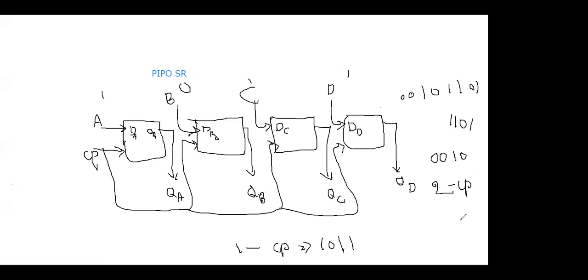If the data is 4 bits, 1 clock pulse is enough. More than 4 bits and up to 8 bits, 2 clock pulses are necessary. Like that, greater than 8 bits, 3 clock pulses are necessary for this parallel shift register. That is, for a single clock pulse, we can send 4-bit information. Is there any doubt in these 3 cases? Next class, we are going to discuss the parallel in serial out shift register.